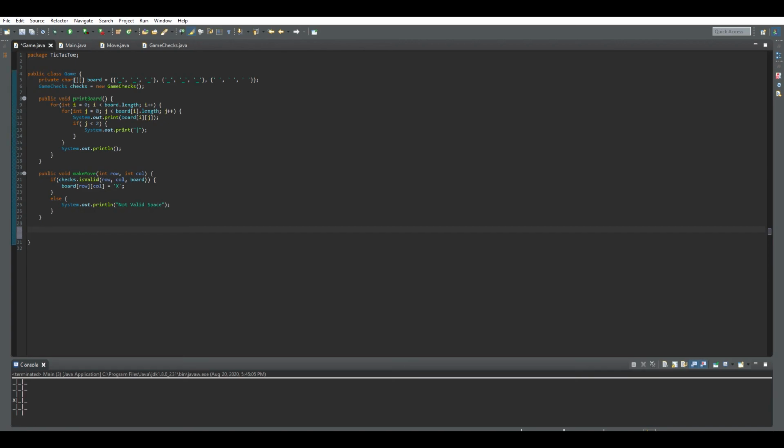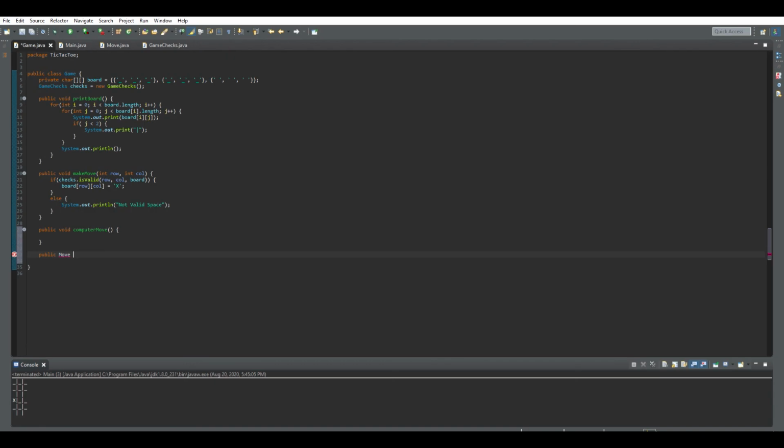So now what we're gonna work on is after our move, we want to make sure that the computer could also make a move itself. So what we're gonna do is create a method, and we're gonna call it computerMove. And then right here in this computerMove, I'm just gonna make another method, and this method is basically just gonna get a random value, because for the sake of this game, I'm gonna make it so the computer gets just random values on the board. So I'm just gonna do public Move,